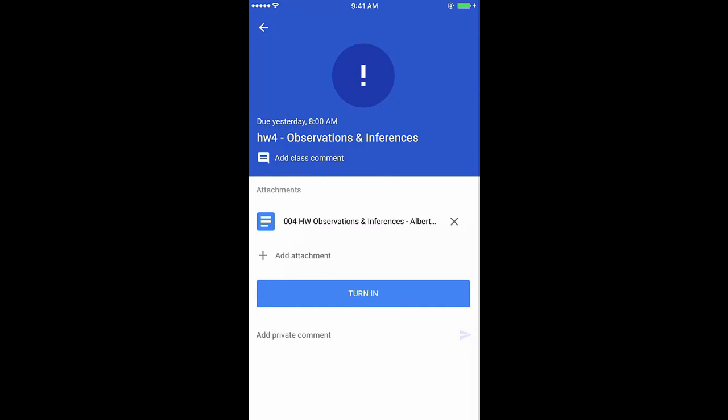Now, if you do not have the Google Doc app, all you'll be able to do is see the homework, but you won't be able to type in it. You will be able to draw on it, and you will be able to add text boxes, but it comes out really messy, and it's going to be really difficult to use. So you're going to want to download the Docs app. If you don't, it's going to be just really, really difficult. So once you've downloaded the Google Docs app, now you're going to be able to open up the attachment in